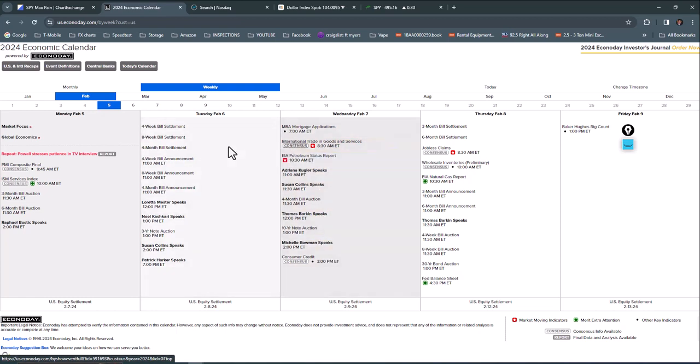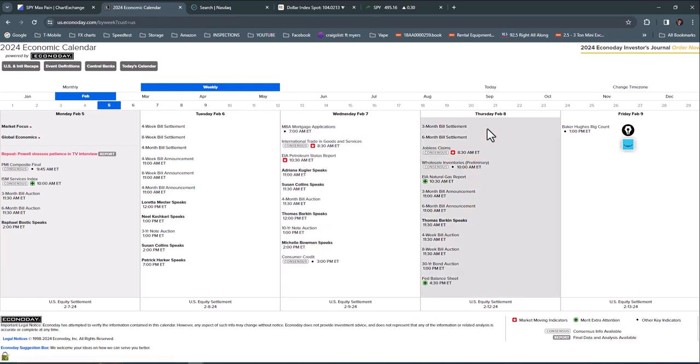Powell did say that the majority of the FOMC directors are on the same page. There's maybe a couple outliers, but as far as he knows, the majority are on the same page as far as not raising rates and holding firm, but not making any cuts till the middle of summer. So for today, we have International Trade in Goods and Services at 8:30, and crude oil status at 10:30. Other than that, some Fed speakers and consumer credit at 3 p.m.